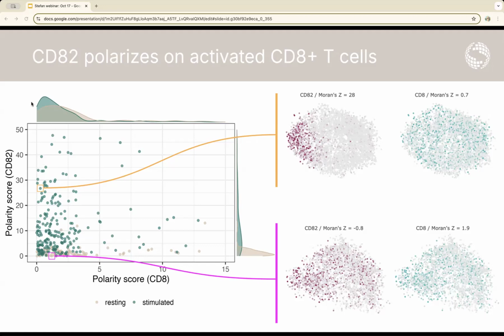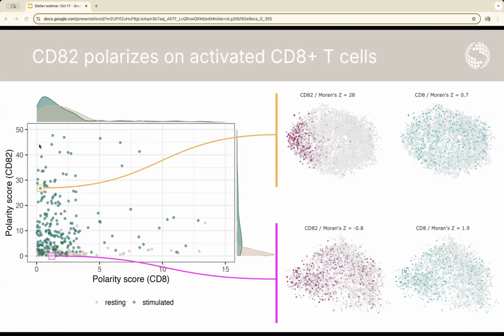On the side we have the density of cells within each group. If we look at CD8, we see that there's a huge overlap, so there isn't much of a difference in the polarity of that protein. But if we look on the y-axis here, we see that the resting cells are mostly clustered around 0 in terms of CD82 polarization. But the stimulated cells cover a whole range, but a lot of them are in the upper side of the range here,